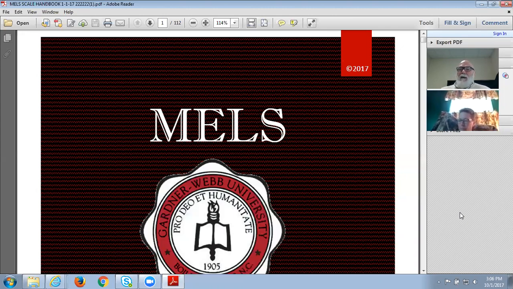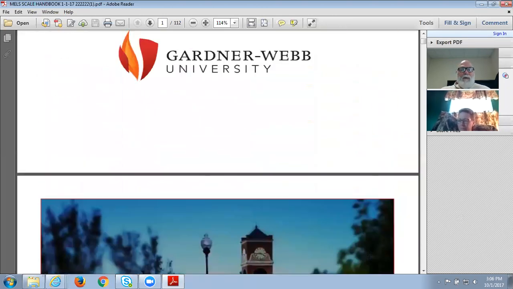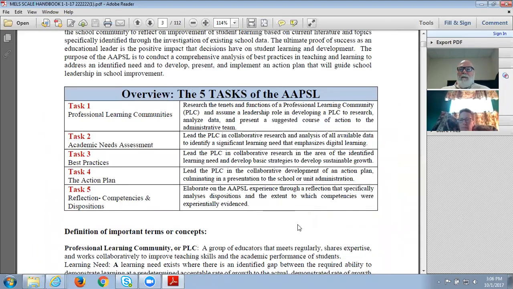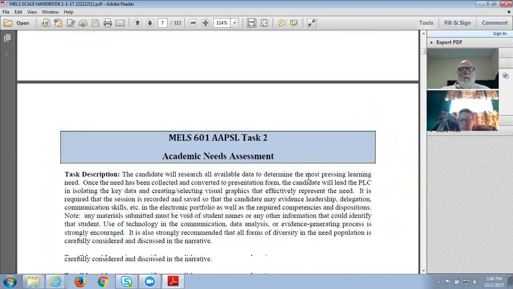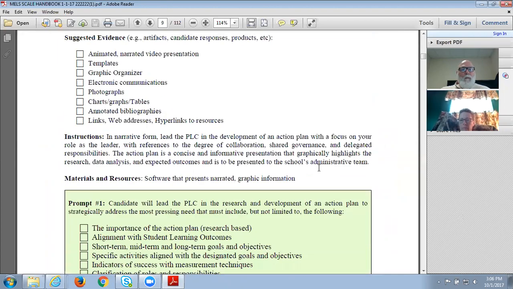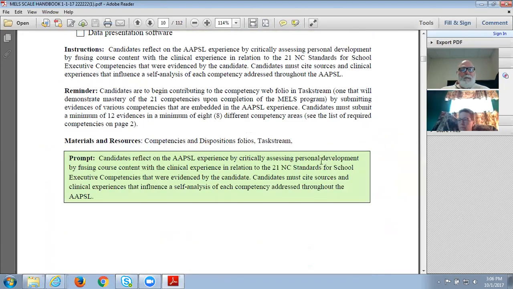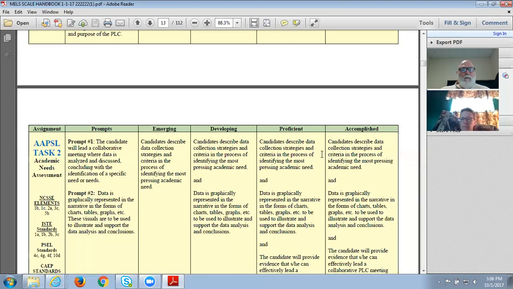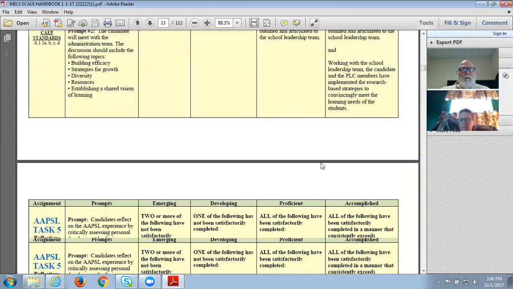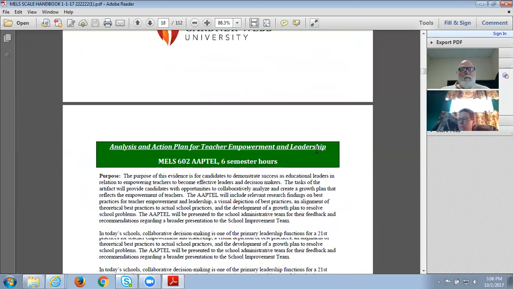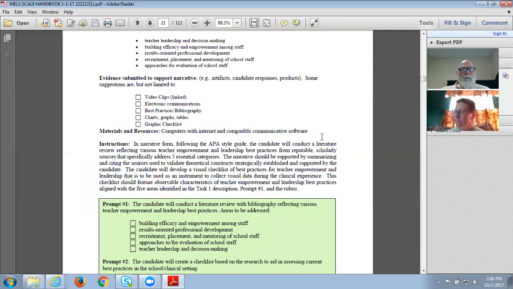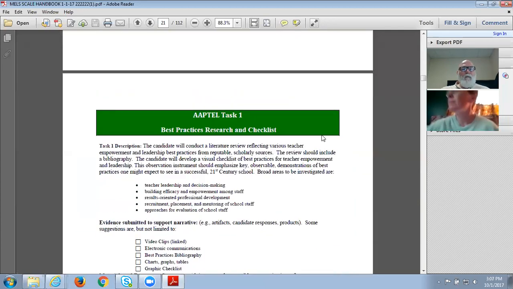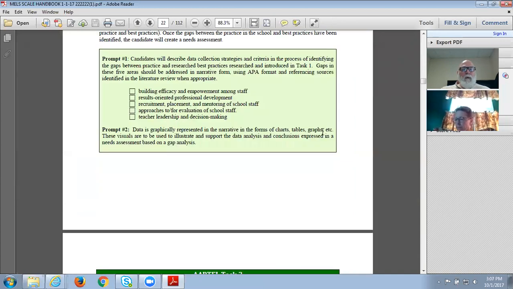If you read the directions for AppTel Task 3, let me scroll down to that right quick. Here we go.